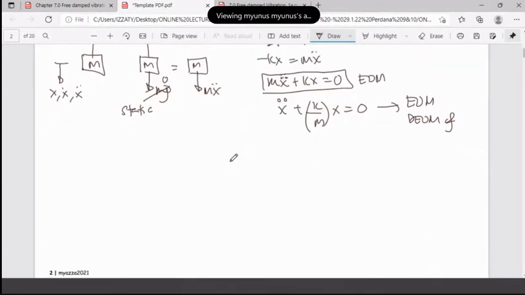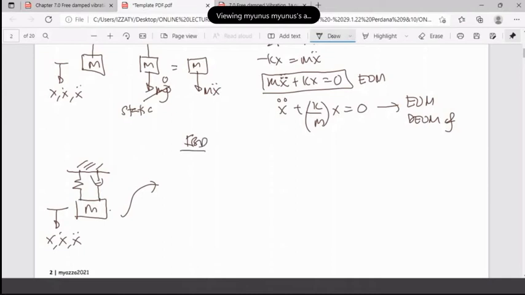Now you have another system, the same system, but with the presence of a damper. When I talk about a damper, it is basically the dashpot. Your spring here, you have a damper. Same thing, you displace x dot and x double dot. In terms of the free body diagram, you have a mass, displaced with x dot and x double dot. So you will be creating the force from the spring, and also the force coming from x dot, the damper, and equal to